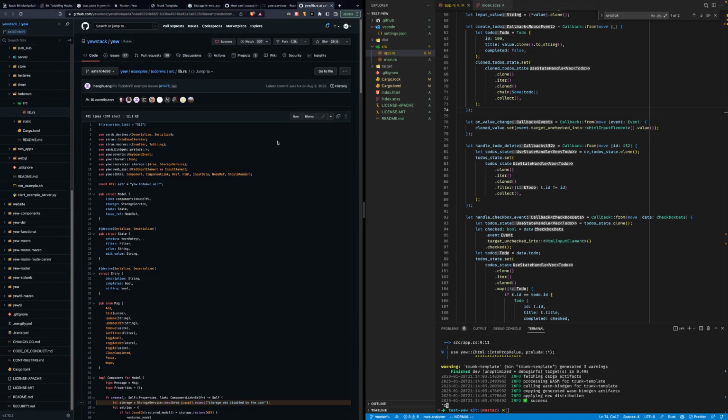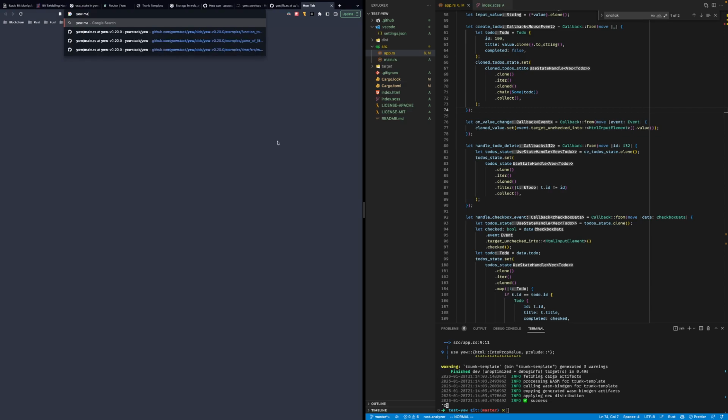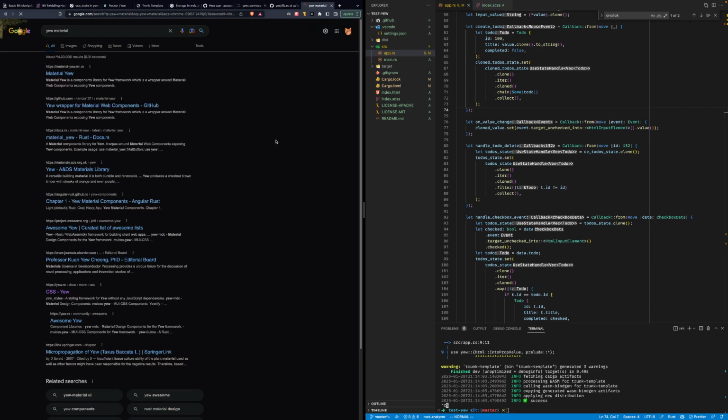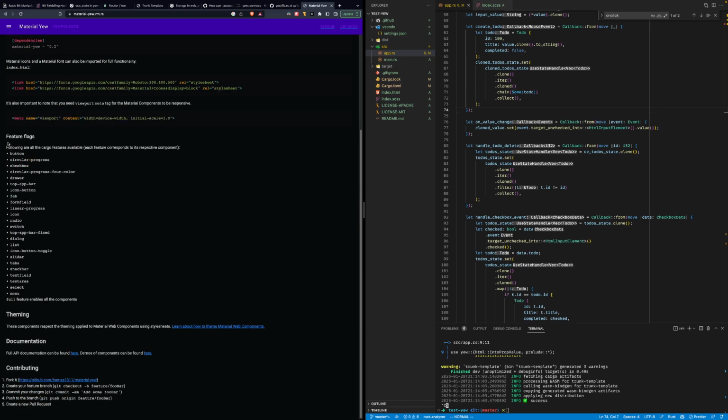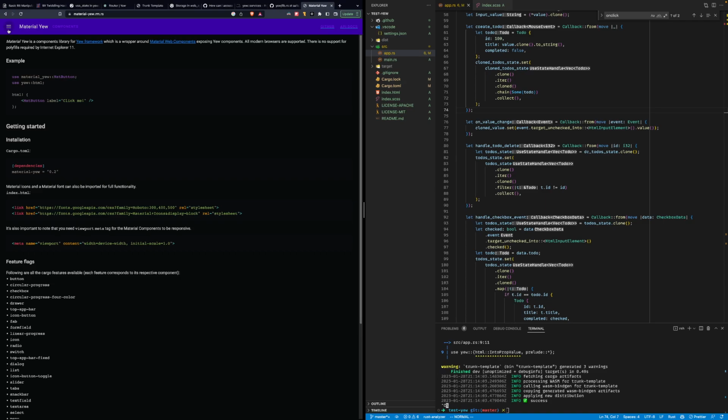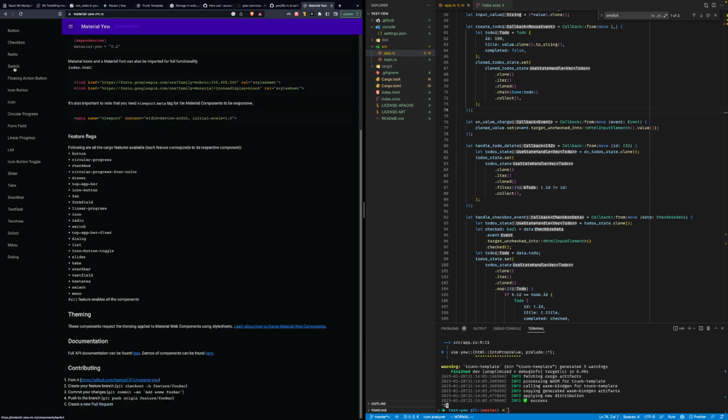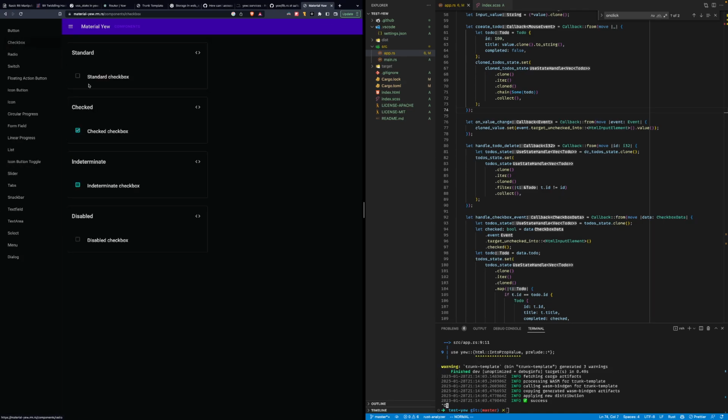And there's something called Yew Material too. I just saw. I think it is Material UI. Whoa, this is cool. This is cool.